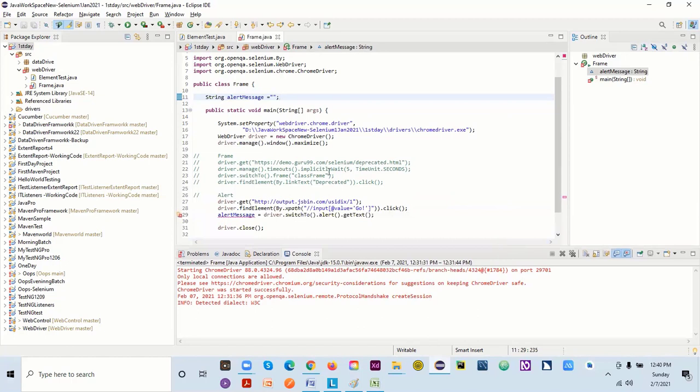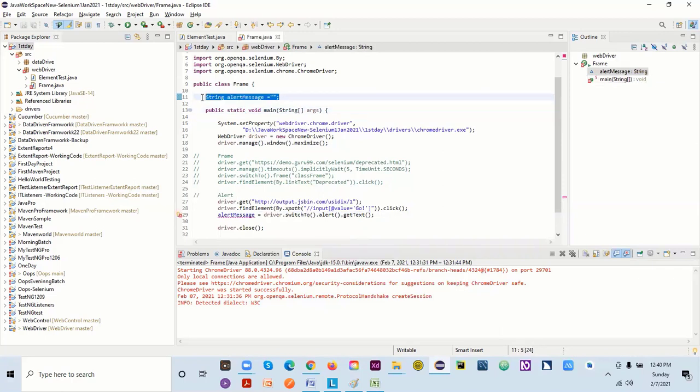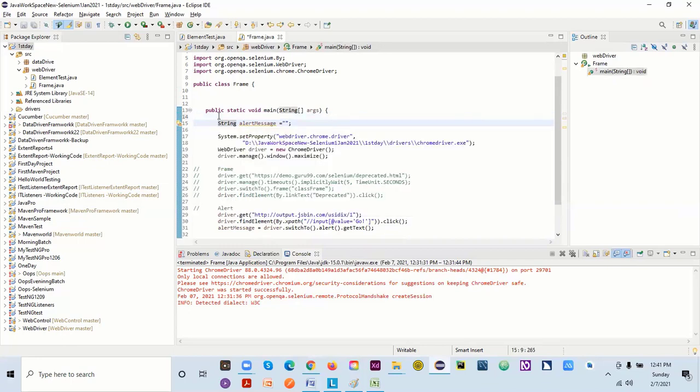All right, let me try. Why is this issue here now? Okay, the issue is that we have given a non-static variable. We have to make it static, because this is static. Or instead, I can just have this one under my main, that's fine. If I have this variable outside of the main method, I need to make it static, because we are using this variable under the main method, which is a static method. But that's fine, I can copy it.